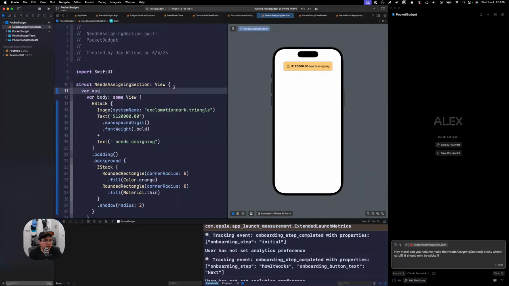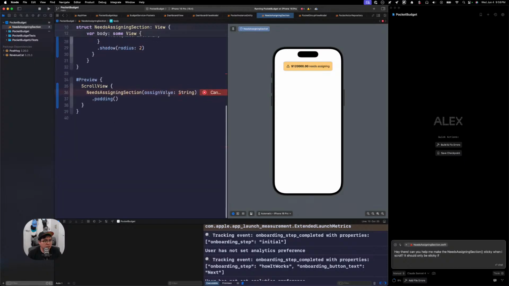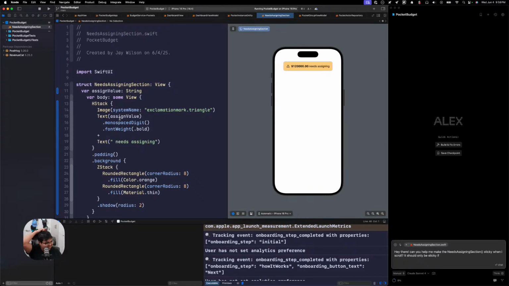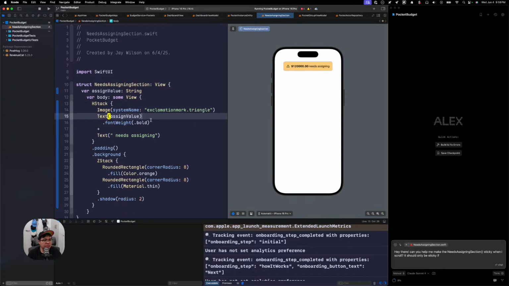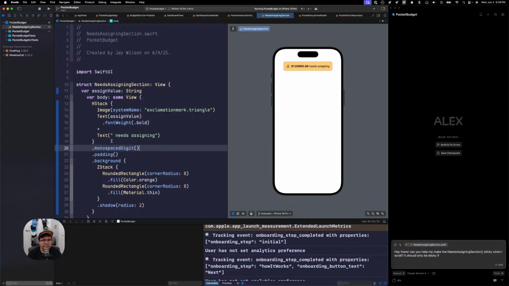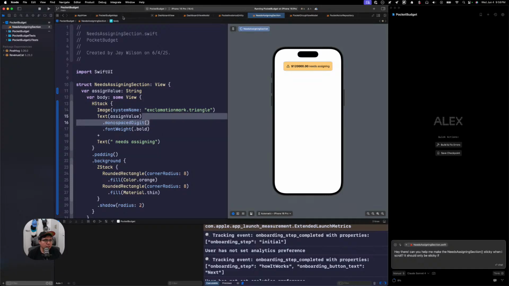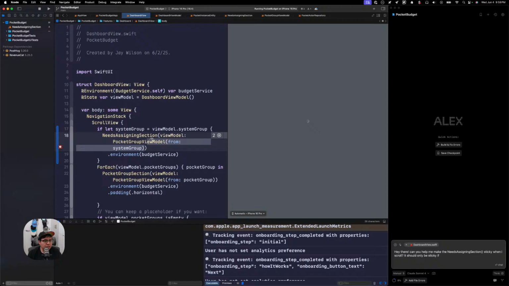And the var assign value string. That should be enough. And I think because I want this font weight bold to be different, that should still give me the same look I was going for before. Okay, maybe it didn't. All right, dashboard view. So instead of this assign value,